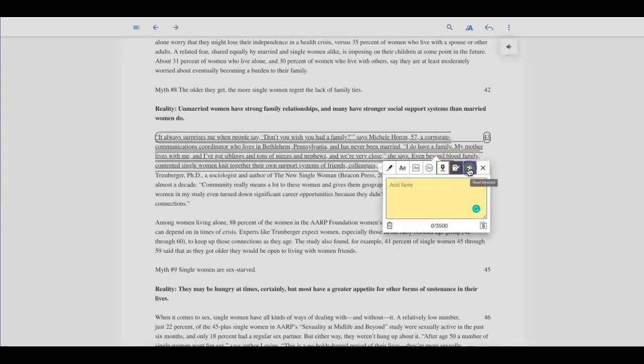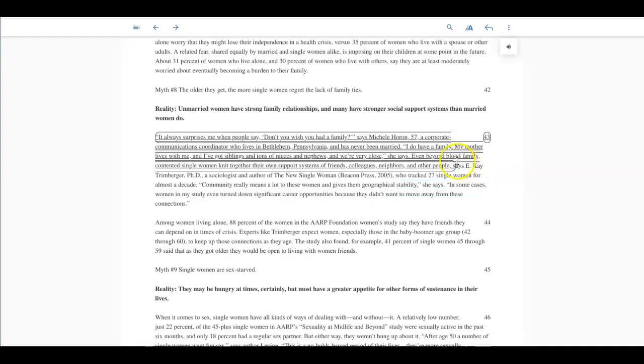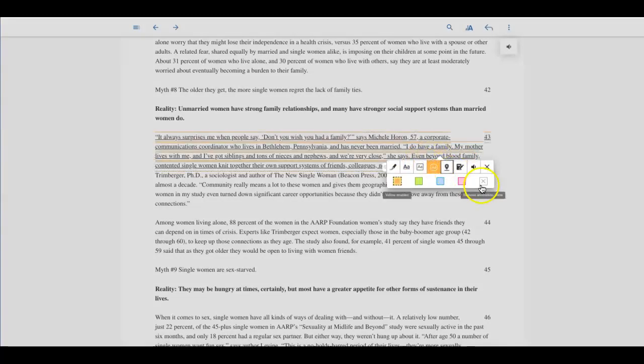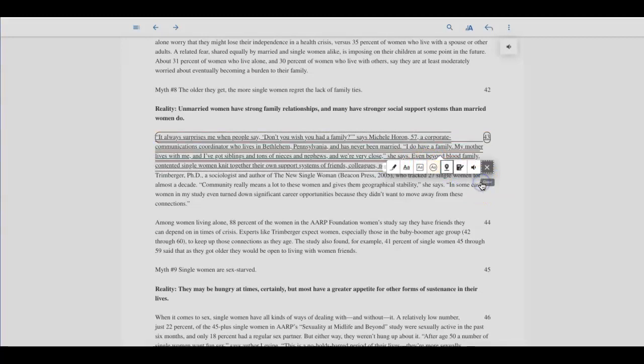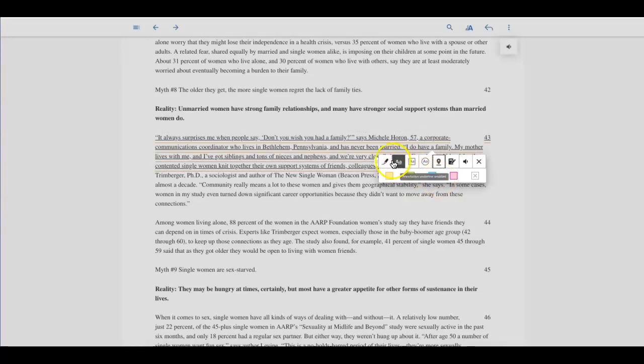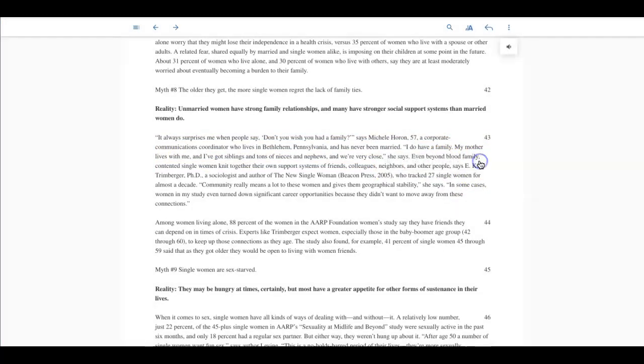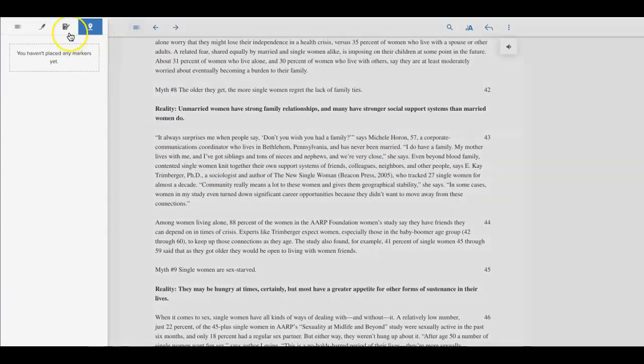I don't think I have anything else. Place mark. All right, and so now that everything is removed, you can see that it's completely clear,